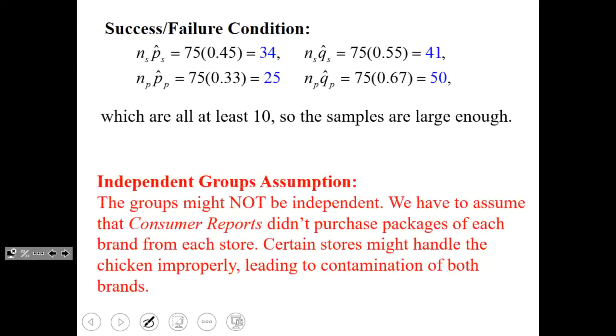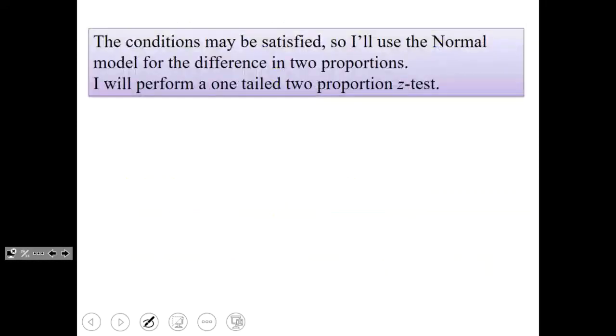Now, independent groups. Maybe the groups aren't independent. For all I know, they got these packages at the exact same store. And if they've done that, and the stores are responsible for the contamination, then if they're contaminating one set of packages, they're probably contaminating the other. So I don't actually know the groups are independent. I'm going to hope they are and keep working, but it's possible they're not. So the conditions could be satisfied. Okay, we don't know for certain, but I can't run any other tests for this,